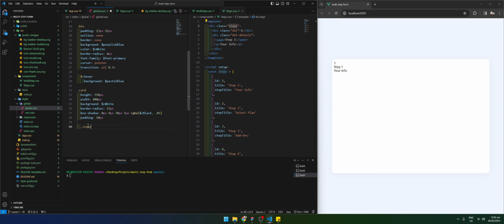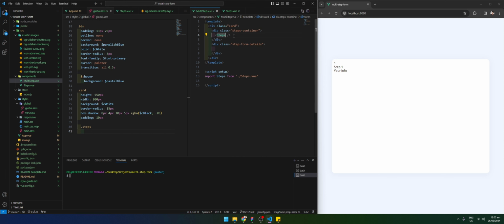So let's target that. Okay, I think I missed something here. Yeah, this steps container, I forgot. So we should target this instead of the steps. So from this dot steps-container,